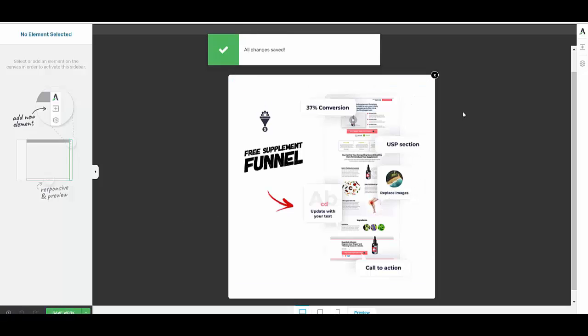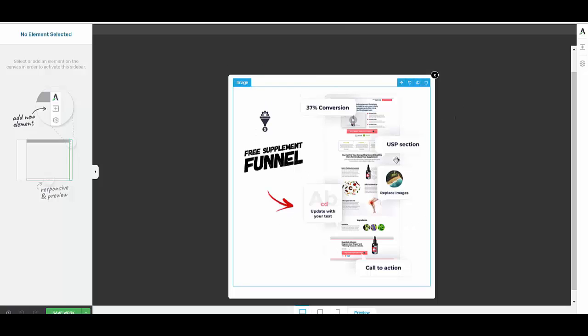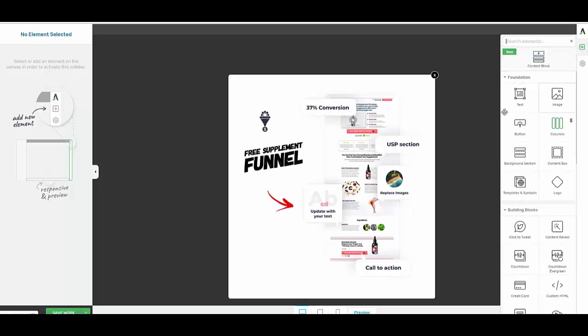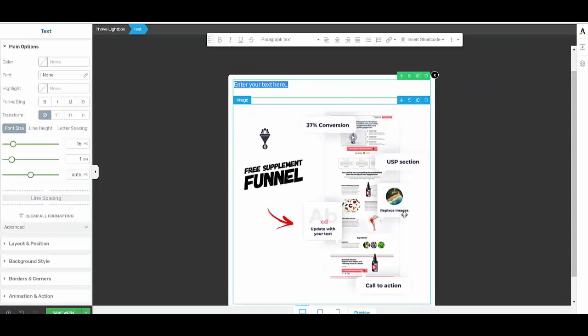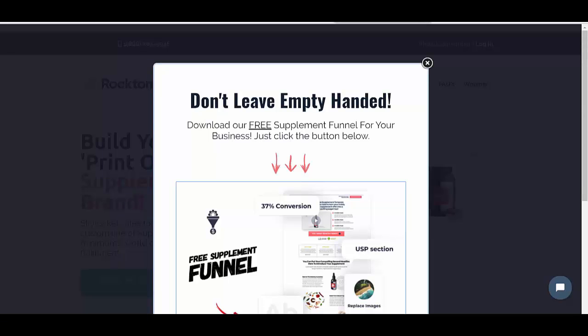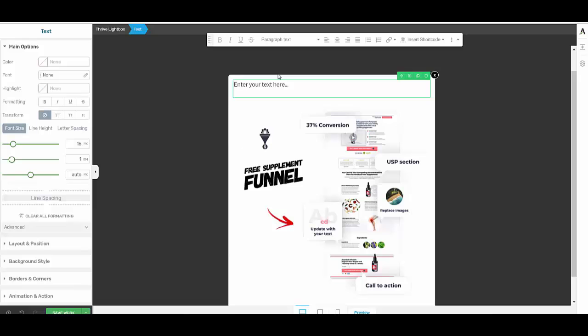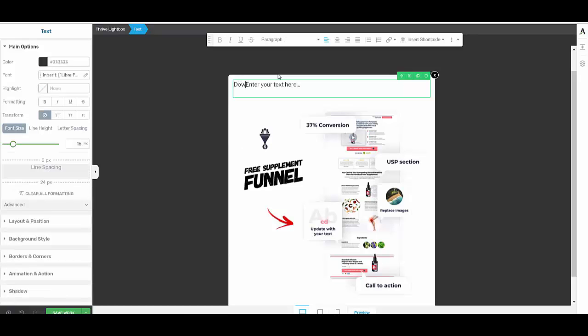The next thing, in my opinion, we've got that funnel there, but this isn't that important to me. It's nice to have that visual, but what I want to do now is add a text box, and I'm going to add that above the image. What did they have on theirs? Don't leave empty handed. So I'm going to put, right, download. Let's get rid of that text there. You always forget to delete that. Download